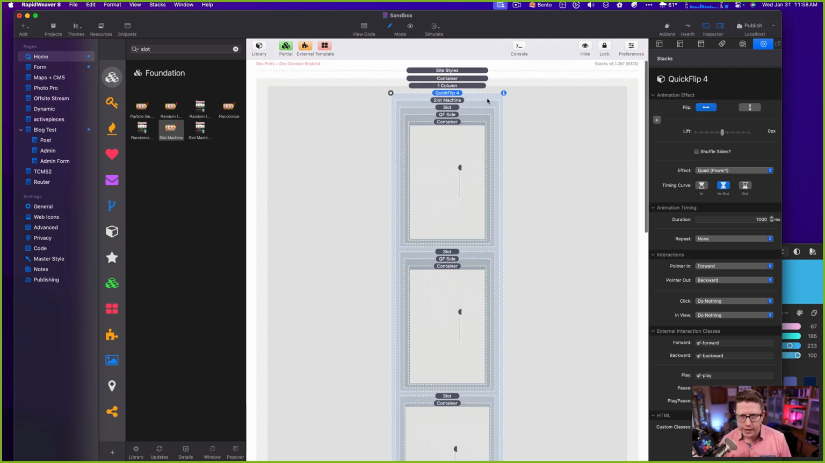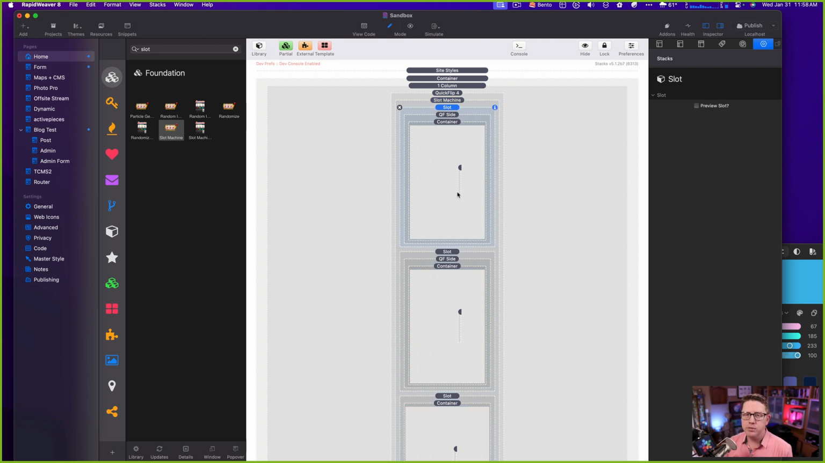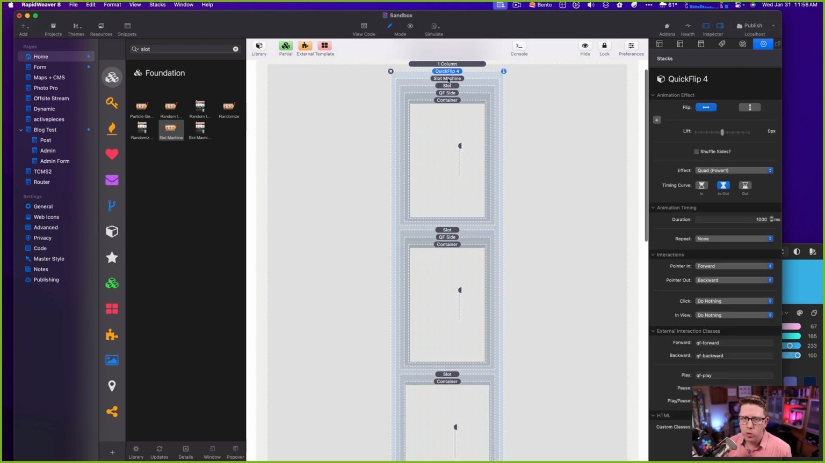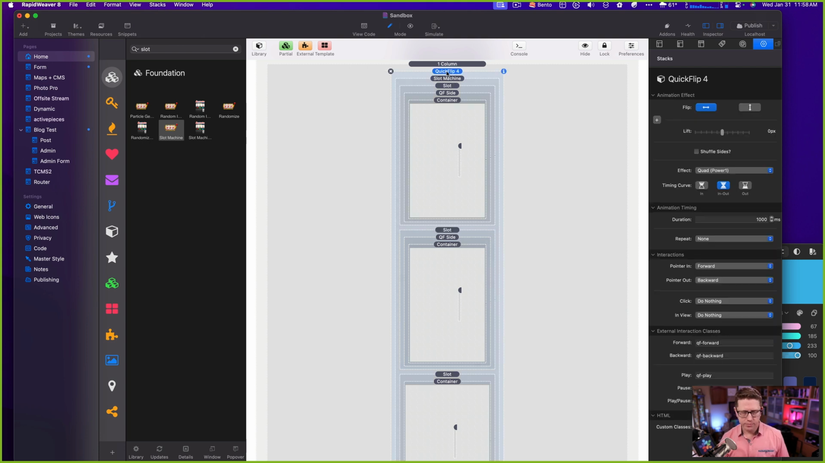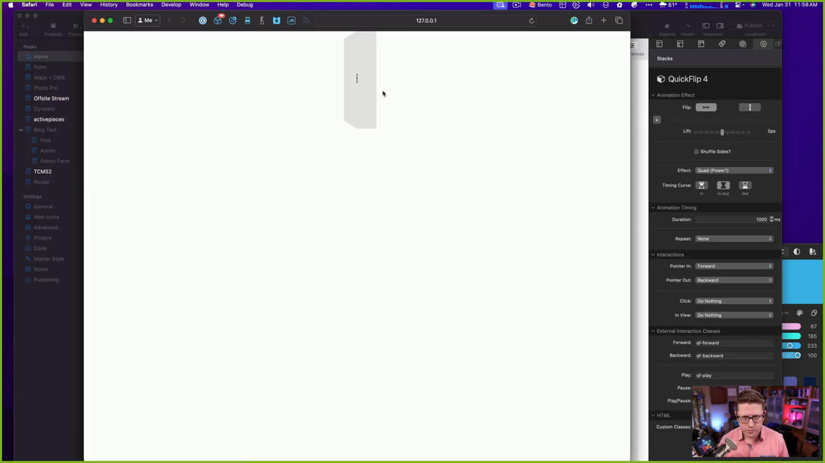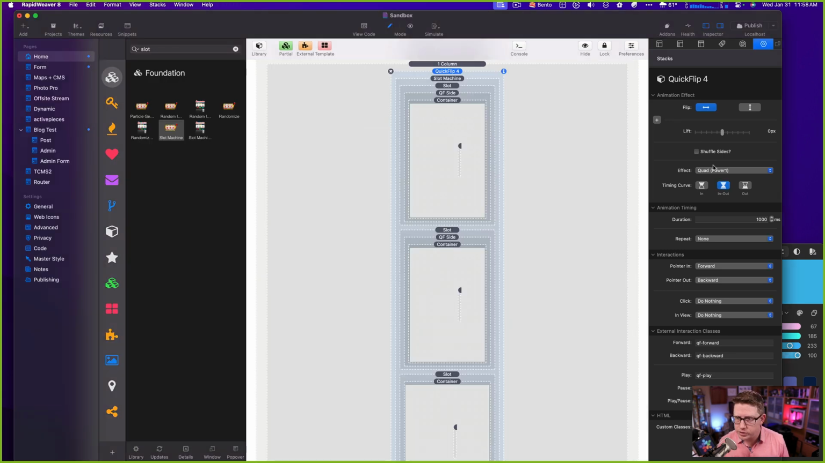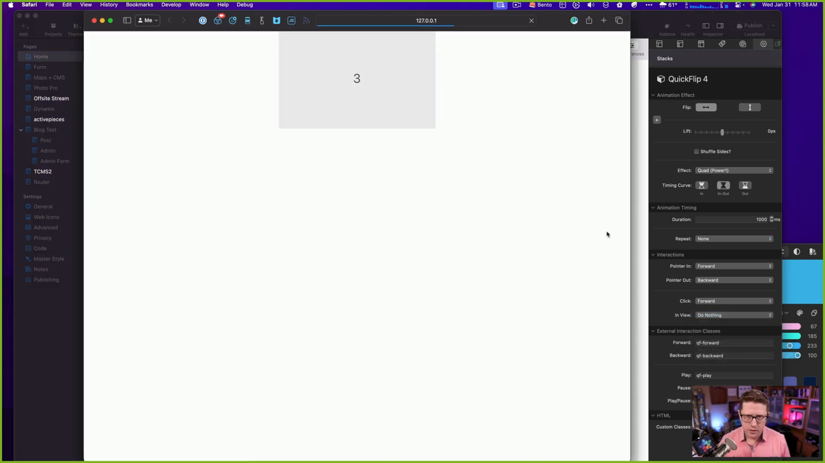All right, so now inside quick flip I have slot machine, and slot machine is going to randomly pick. Well, right now it's going to do 1. Right, let's do 3. So it's going to randomly return 3 slots, and our slots are 1, 2, 3, 4, 5, and 6. Okay, so let's go ahead and preview that. 1, 6, and I need to change these so click is forward. Let's just do that. So we have 3, 1, 6,